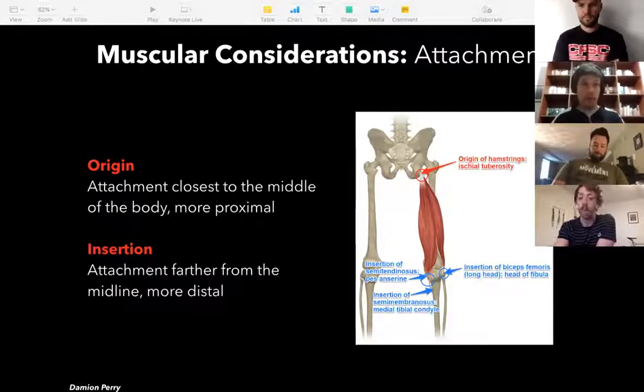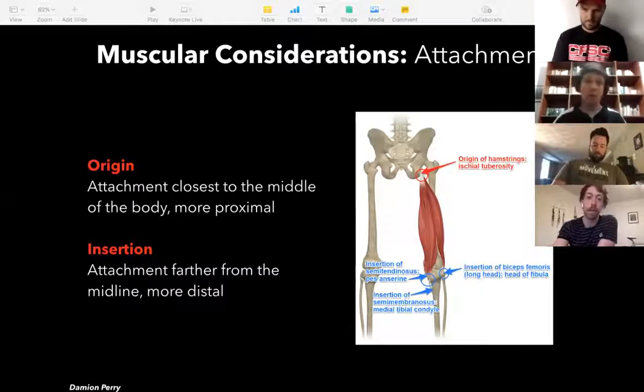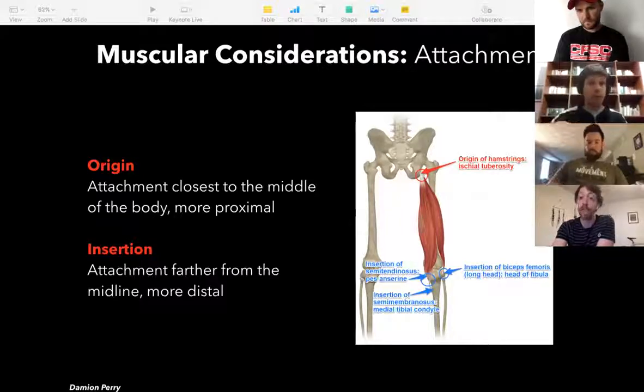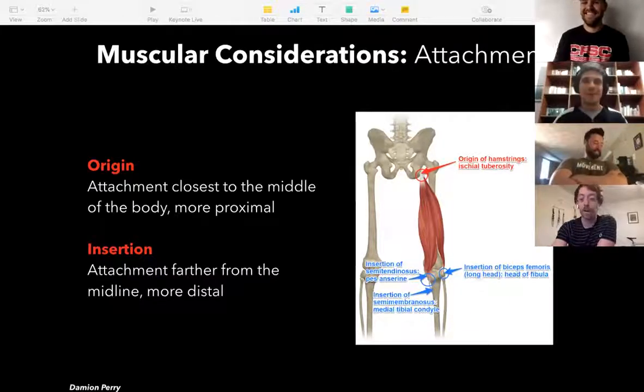Origin is closer to the midpoint of the body and insertion is further from the midpoint of the body. So something like your hamstrings, if we're looking from the pelvis down here, the origin of your hamstring group is going to go to your ischial tuberosity, and then we insert down on sort of the pes anserine, medial tibia, long head of the femur, fibula, it doesn't matter. Fibula. I almost slipped up there. Fibula. It's not even a bone. It's not a combination of a femur and a fibula. Okay, fibula. So